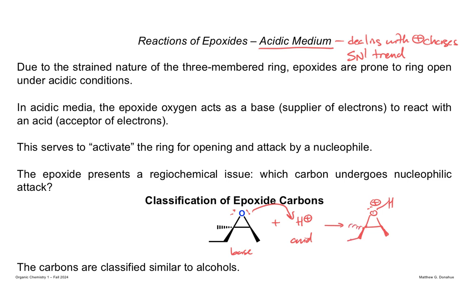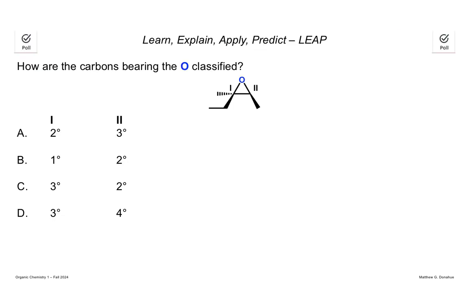And now one of those carbon-oxygen bonds will open up. And so we have to evaluate each carbon according to what class of alcohol it would be. So with Roman numerals 1 and 2,